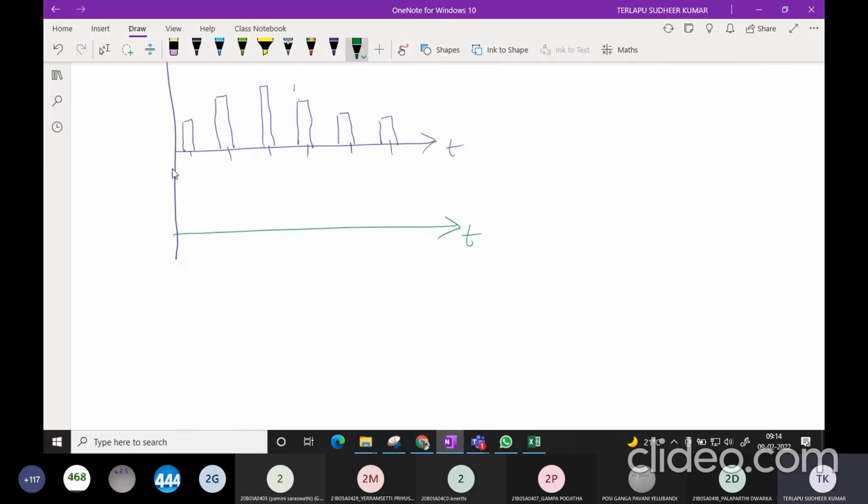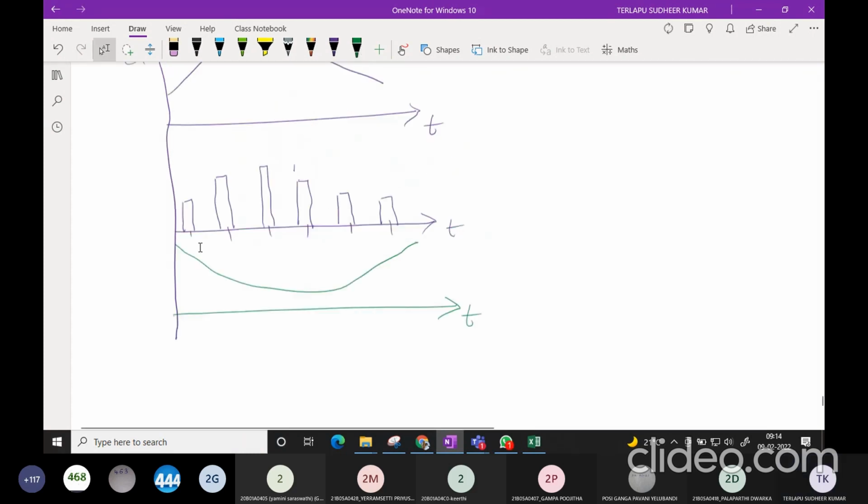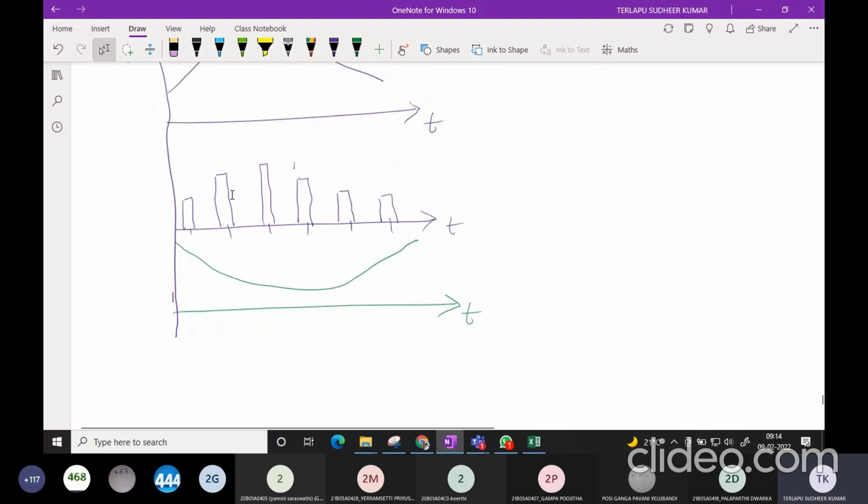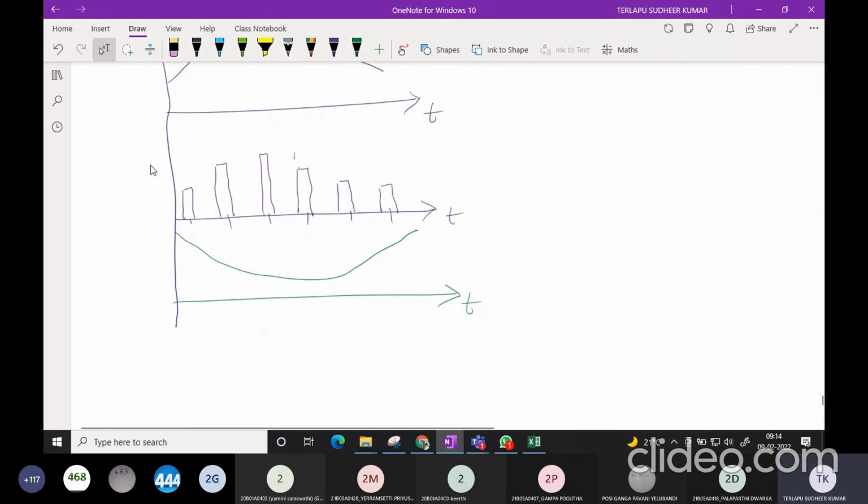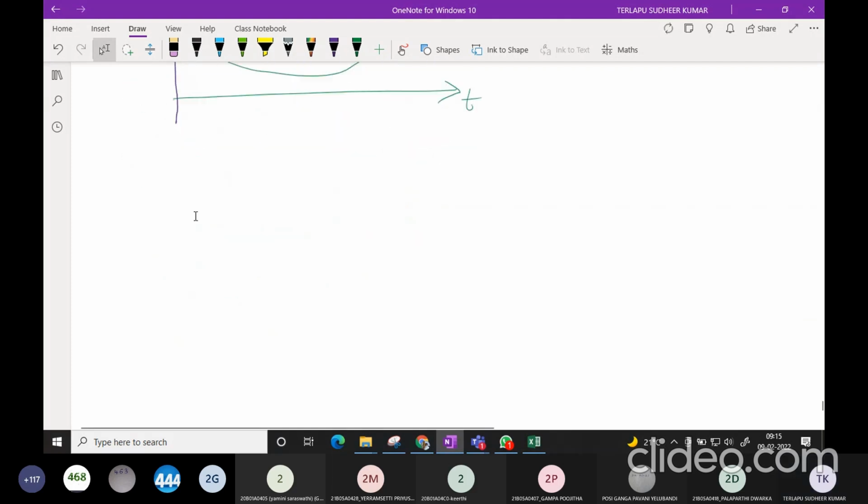Assume my S2 of t is something like this. This is my S1 of t, and this is the S1 PAM. And this is my S2 of t. Now, S2 of t PAM would be